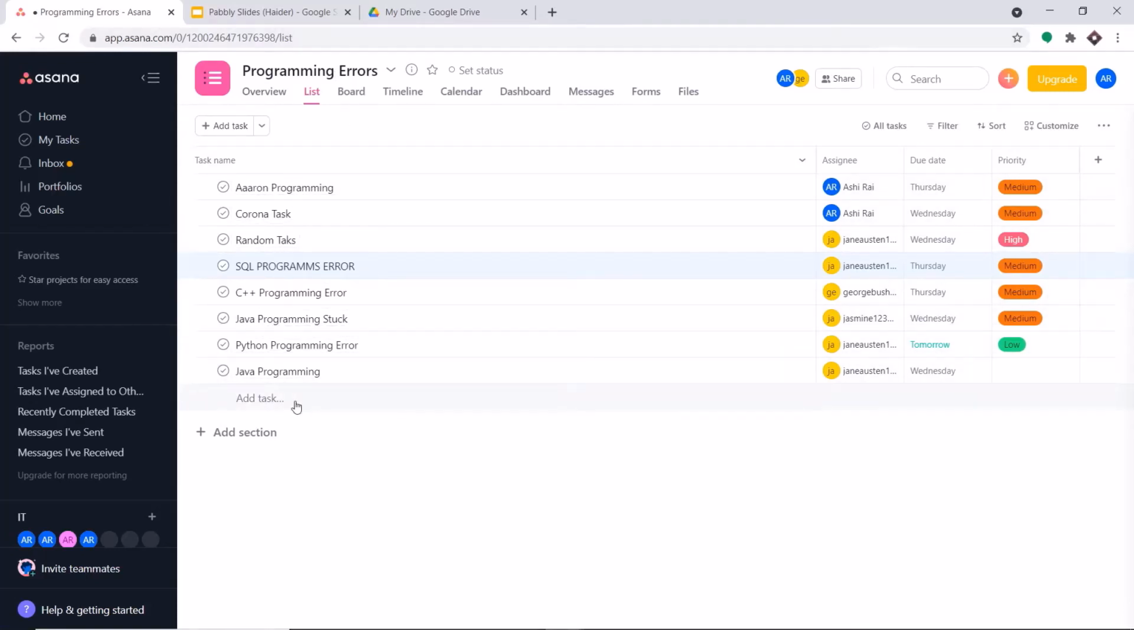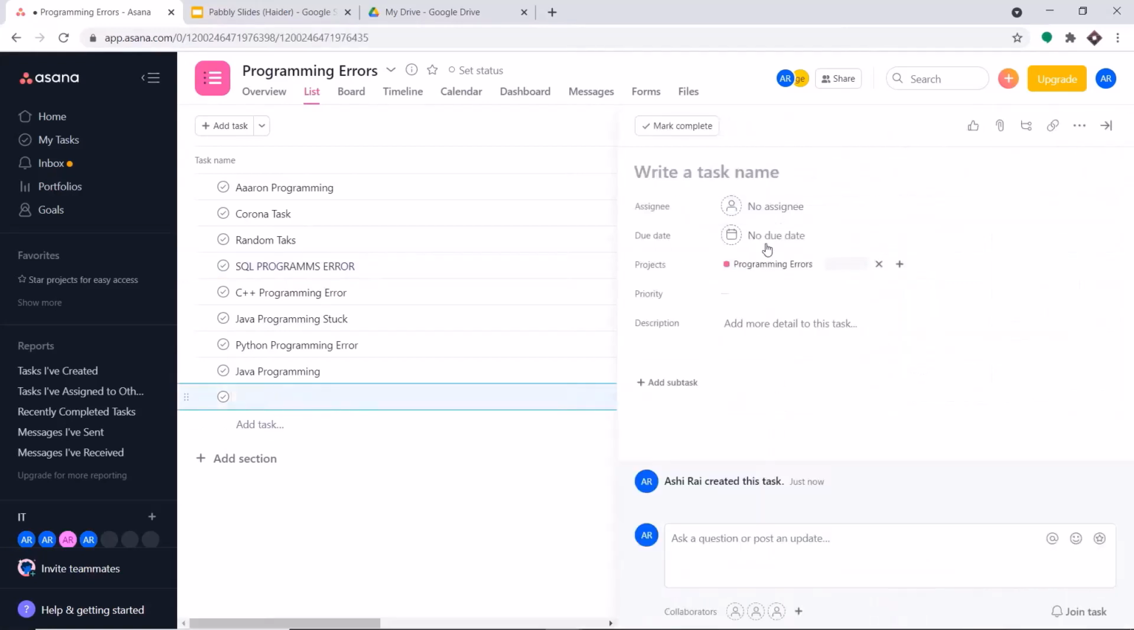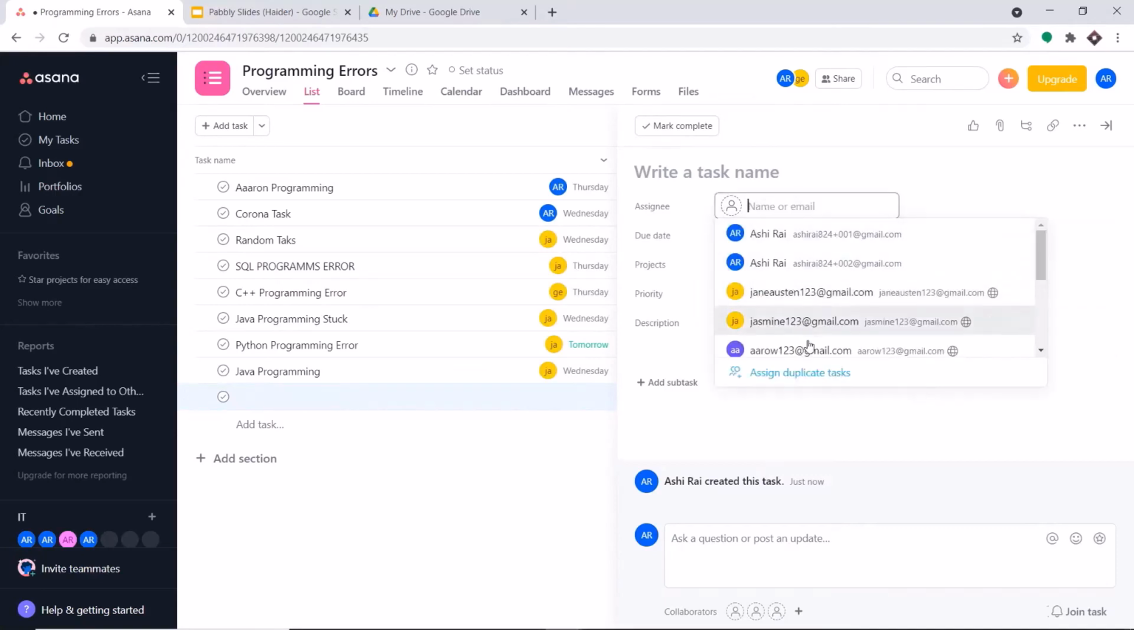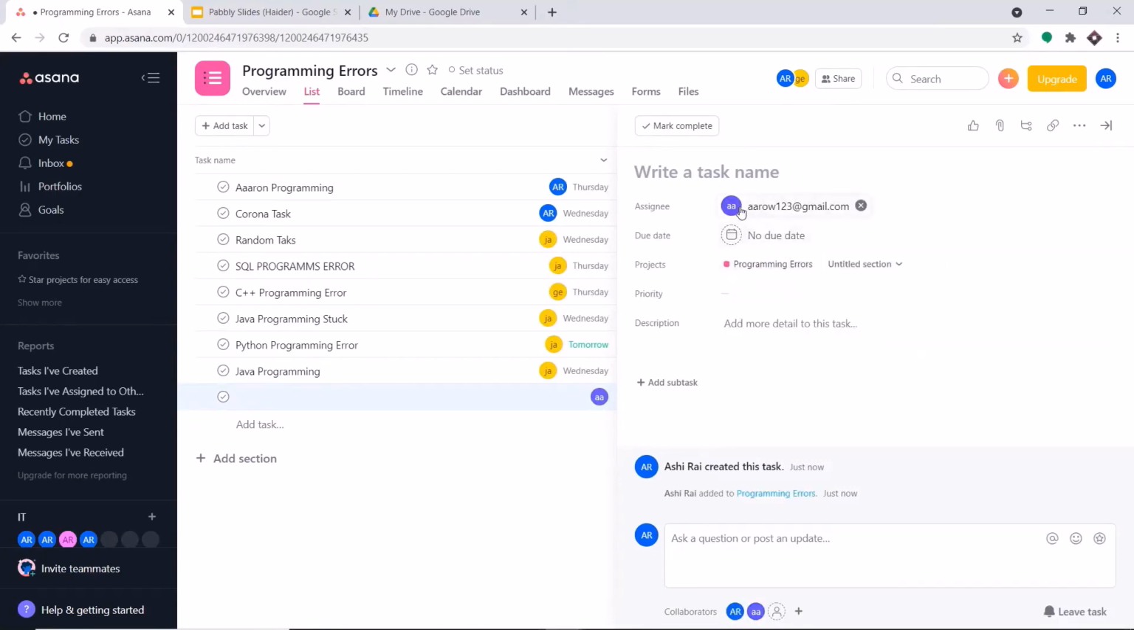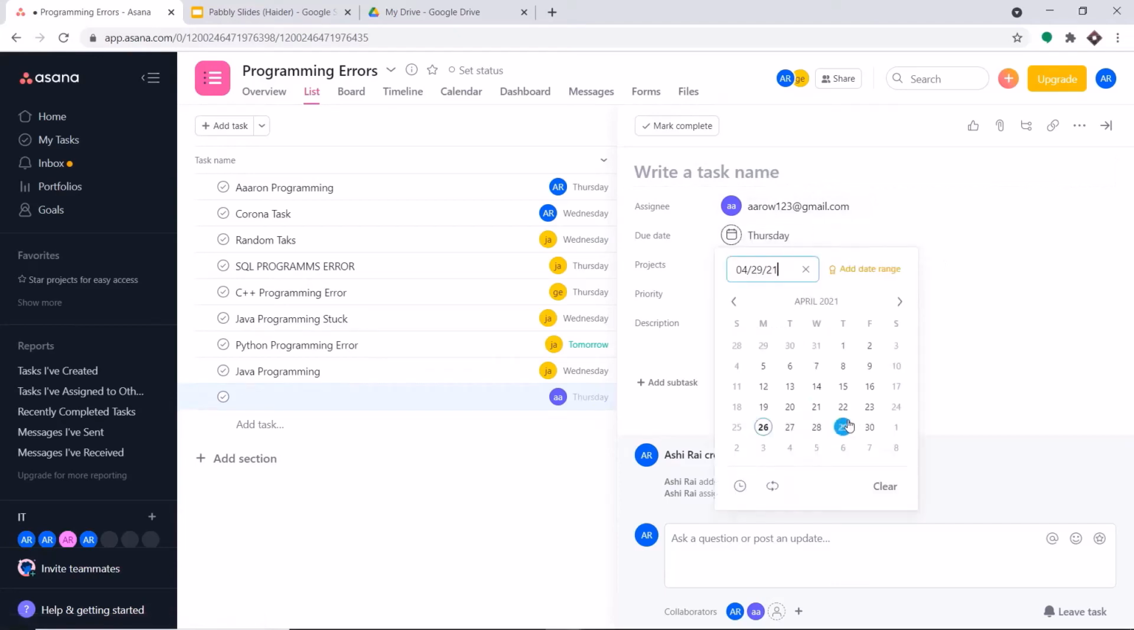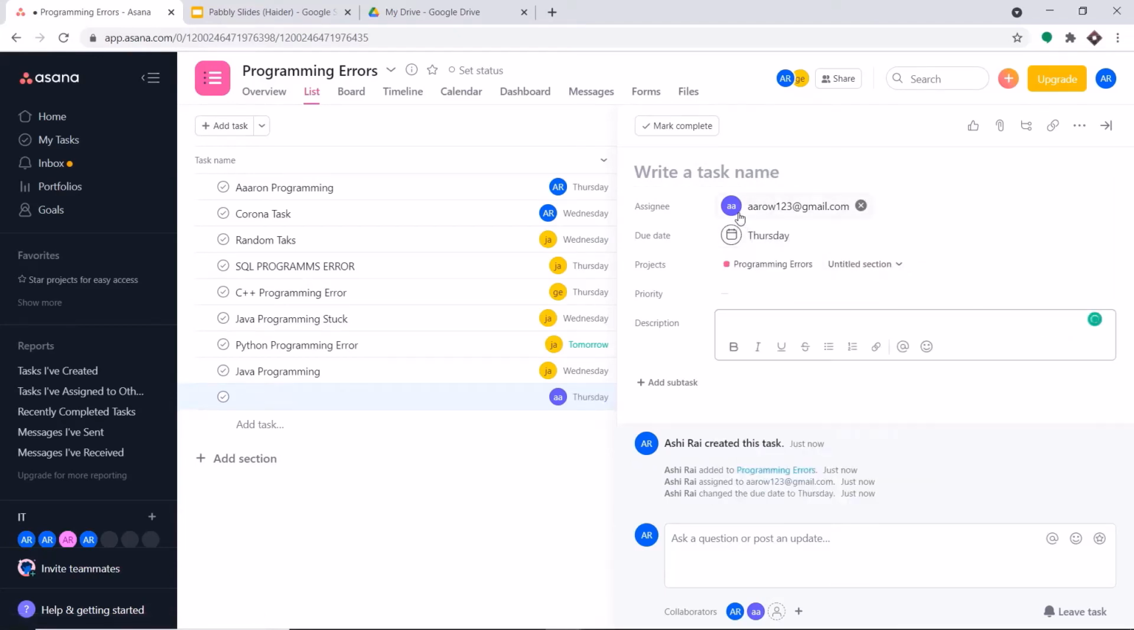The name of the project is Selenium error. So we are going to add a new task. The name of the task is Selenium error. Let me first add the assignee. We will be adding the assignee, the due date and the description first, and then we will be giving the task name. The due date is on 29th, and we have added the assignee as arrow. This person will be sorting out the issue, and the priority I'm keeping as medium, and the description is